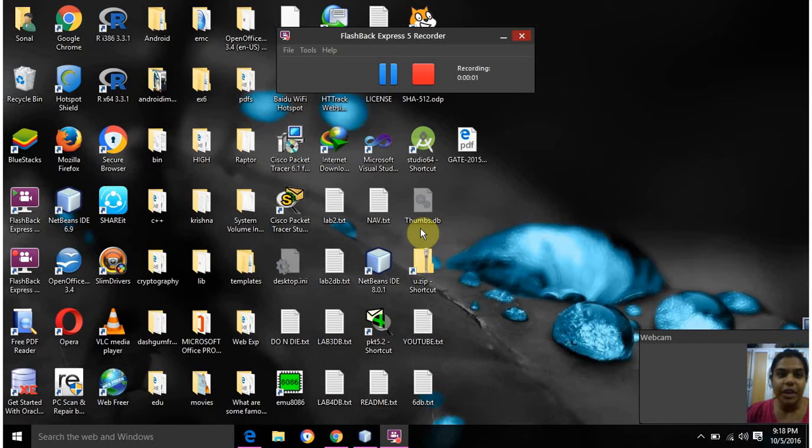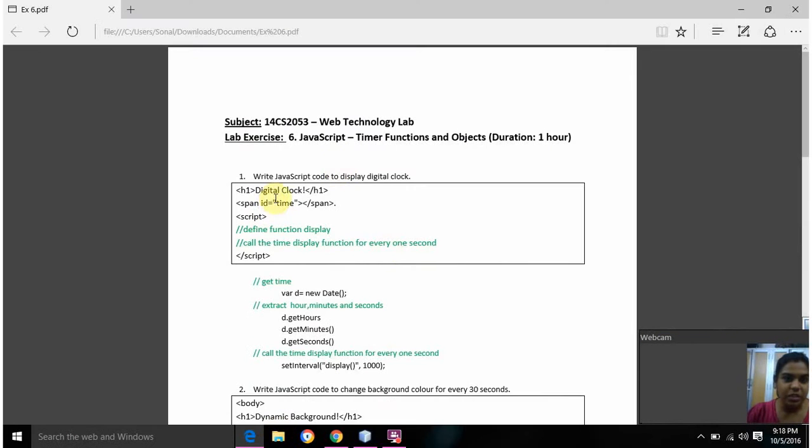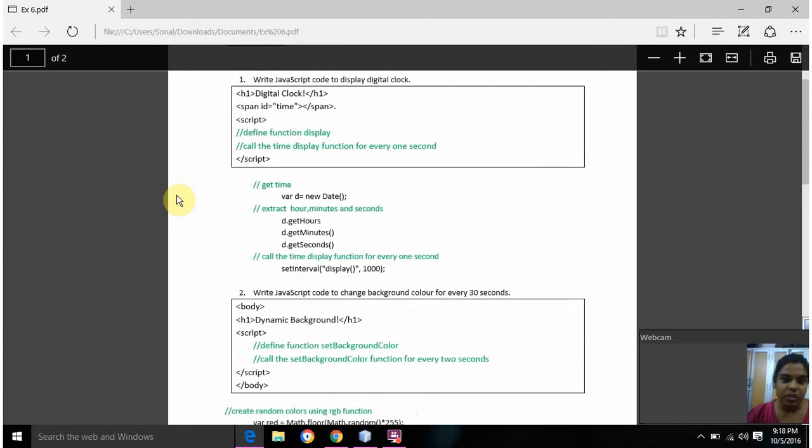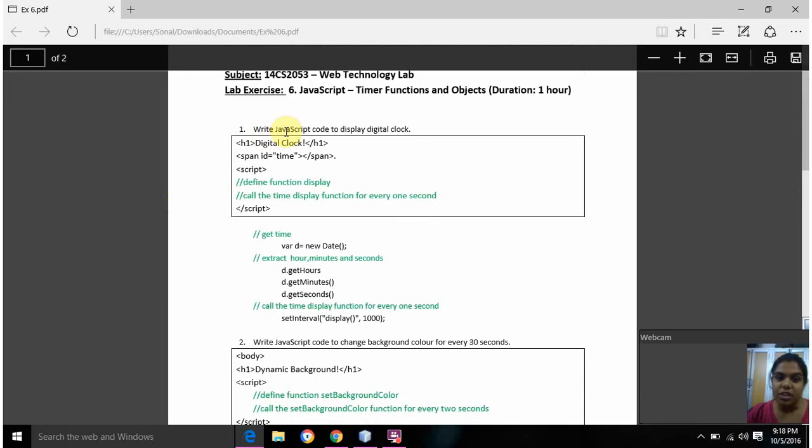Hello, today I'm going to demonstrate my 6th web technology lab experiment, and we were given the questions as follows. These exercises are based on the timer functions and objects where we use different functions such as setInterval, setTimeout, etc. And this is the first question, which is to write a JavaScript code to display the digital clock,